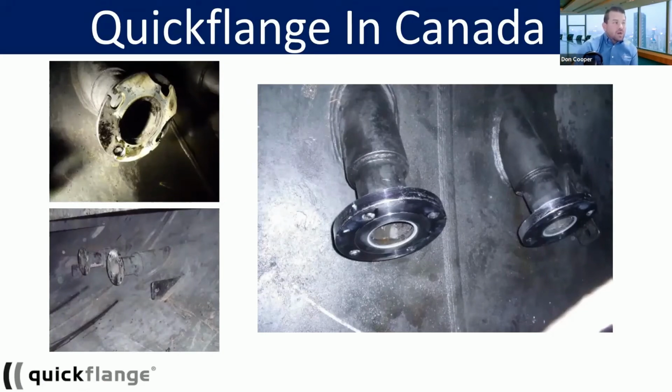We looked at this project, and this was before we had CRNs, but because these flanges were inside the pressure envelope, it didn't require CRNs. We were able to go into this vessel with cold work. We cold cut these flanges off, fit it. We removed and installed each flange in about 25 minutes, and the entire project to replace these 30 flanges was